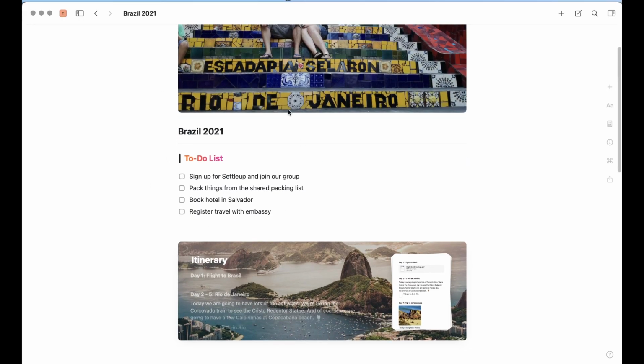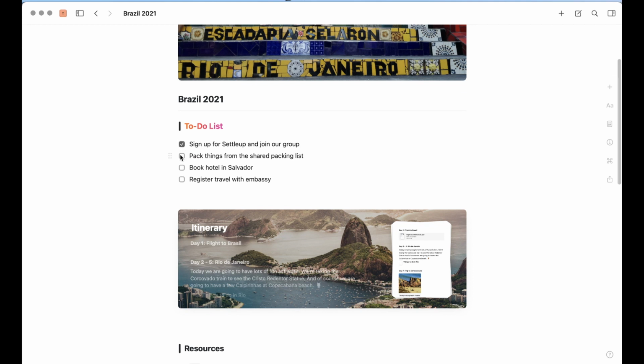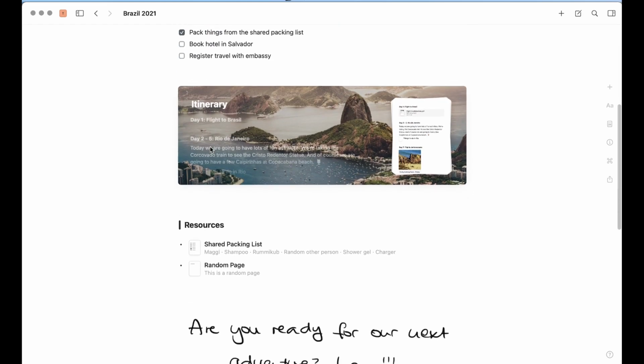And without further ado, let's just jump in and have a look at what it is that we're going to create. So we're going to create the page for my next Brazil trip. Well, obviously it's an imaginary trip right now, but you have to keep the hope up, right? So we create this page with a nice title image. We're going to add a to-do list. I'm going to show you how you can create those colorful headers and which options you have to style them.